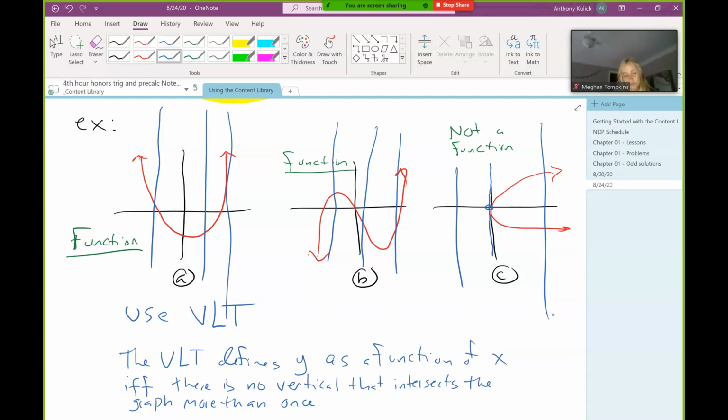So even if I went back to, say, graph A, and I said, oh, the graph is this U and this extra point right here, that would all of a sudden not be a function, right? Because there's a spot, specifically this line here, that you could draw that intersects the graph more than once. That's assuming we added in that one extra point, right? Does everybody see that? Okay. I'm just going to back those off so that when you look at the notes in the future, you weren't confused.